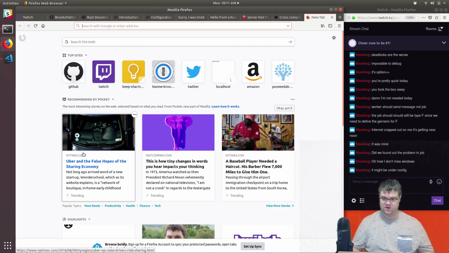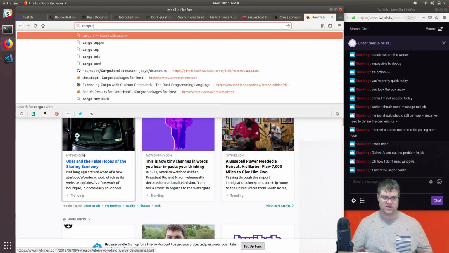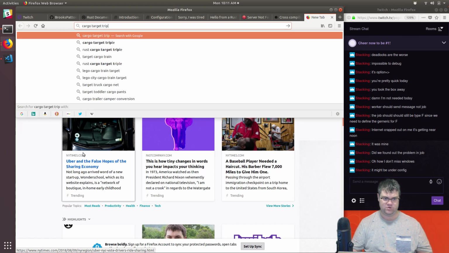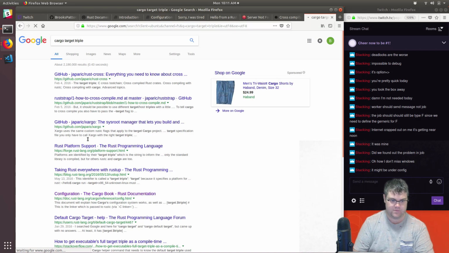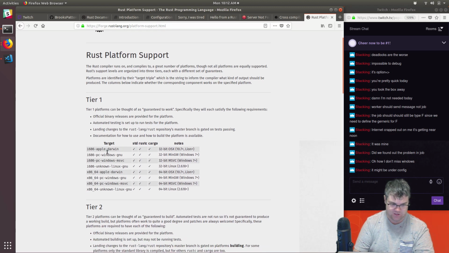So let's try Rust cargo target triple. How to cross compile. Rustlang platform support. That might be good. Okay, so tier 1 platforms can be thought of as guaranteed to work. Specifically, they will each satisfy the following requirements. All right, so we need